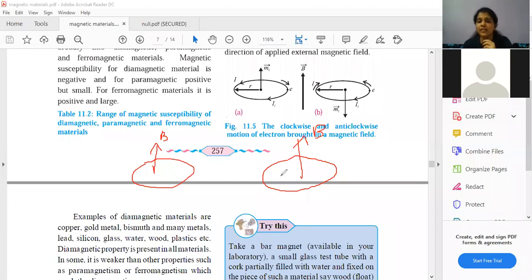Students, here I am explaining two scenarios. This is the first scenario and the second scenario. Because of the changing magnetic field, what is happening? There is a current induced in this coil. Now, in the first scenario, we will consider that the induced current is in anti-clockwise direction. The arrow that I've marked indicates anti-clockwise. In the second scenario, let us consider that the current is moving in clockwise direction.